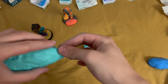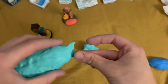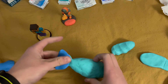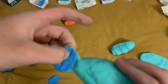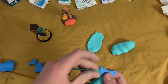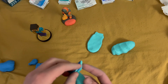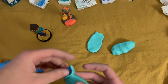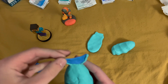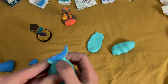After that, I make the basic structure of the back fin, and once that's done, I add in the dark blue on the back fin. After it's added on both sides, I cut it to the proper size, and then I put a worm of teal clay on the outside in order to make sure that it is under the teal. Once the fin is properly put and blended in,